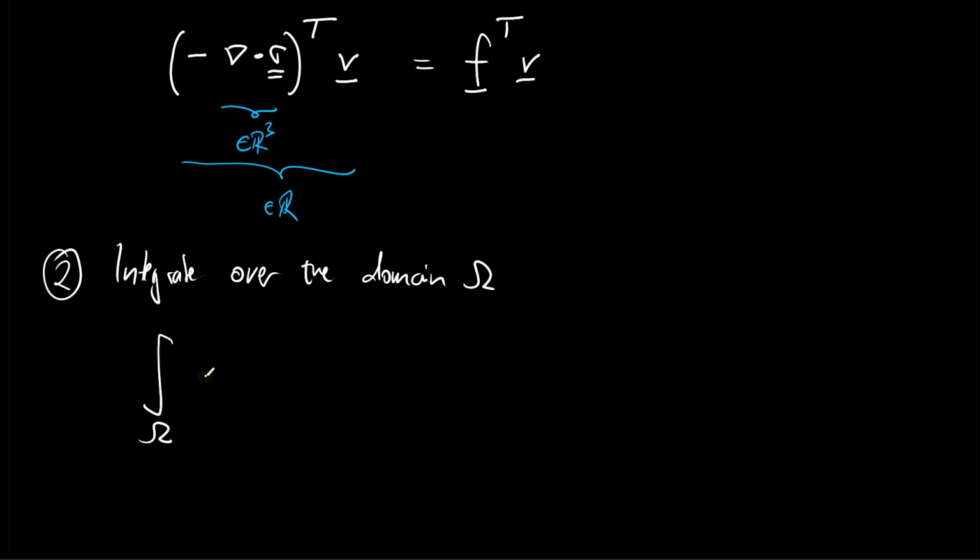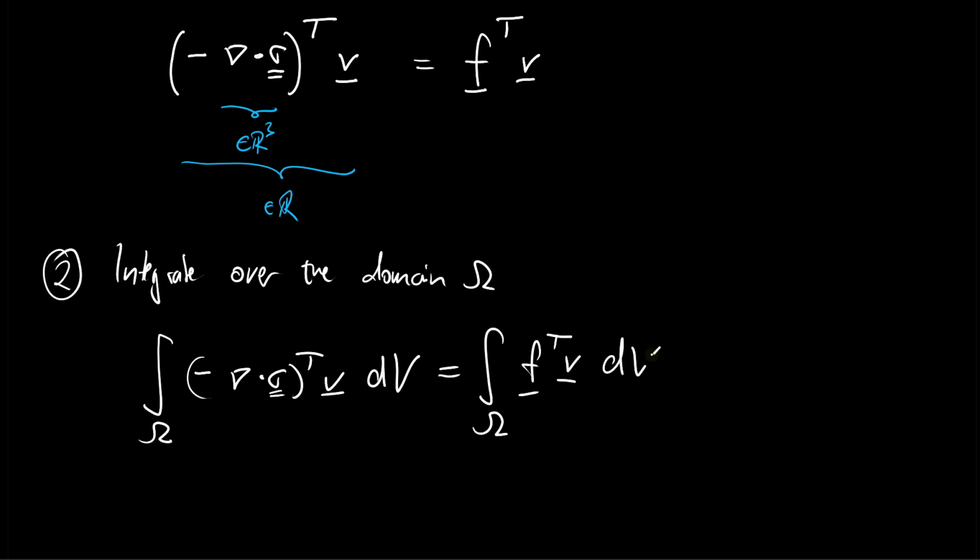And the left-hand side will be negative divergence of our sigma tensor. And then this one transpose multiplied with the test function v, and then integrate it over the volume. So I will use dV, and don't confuse that here. This is a capital V, this is a volume integral. So in 3 dimensions, this will be a triple integral. And of course, this is something different than the test function v. The right-hand side will also be an integration over omega with f transpose v,